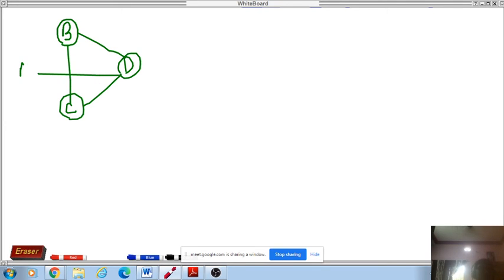Let's say A I have connected. This is a graph. So A to B arrow mark. This is a directed graph. Then D to B arrow mark. Then A to C arrow mark. Then C to D arrow mark. Then C to B arrow mark. Then A to B. So let the weights be here: 8, 1, 4, 9, 1, 5.